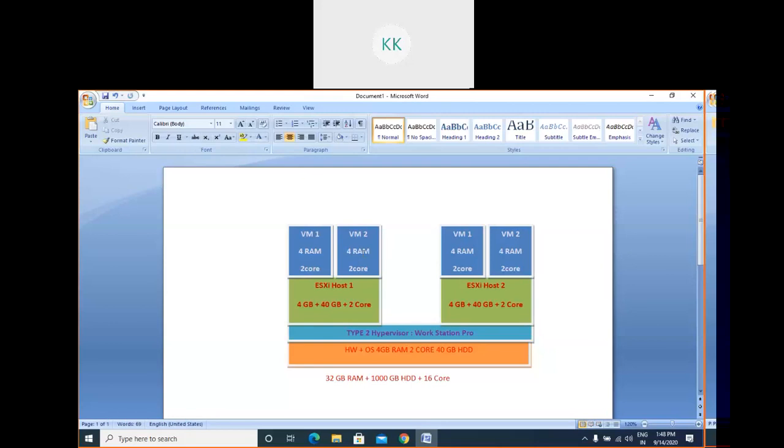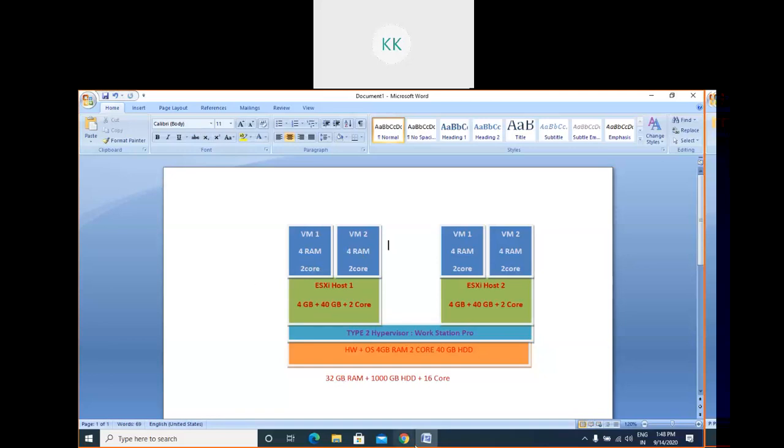Okay, that's why I'm telling, please make provision that your PC must have minimum 8 GB. And those who already have 8 GB, please add another 4 or 8 GB. The more RAM, the better. Okay, that's why I'm telling.